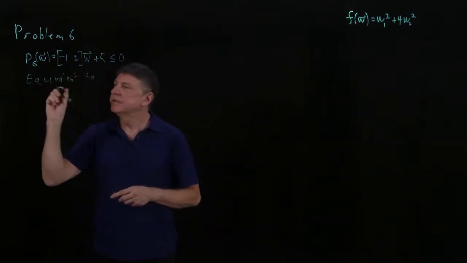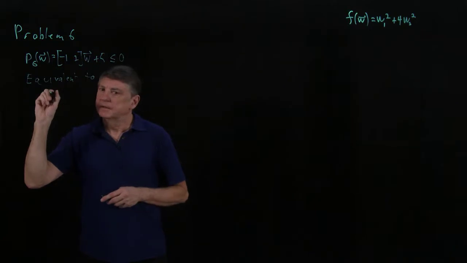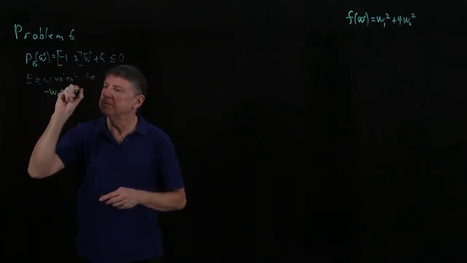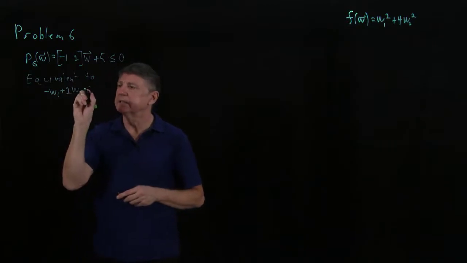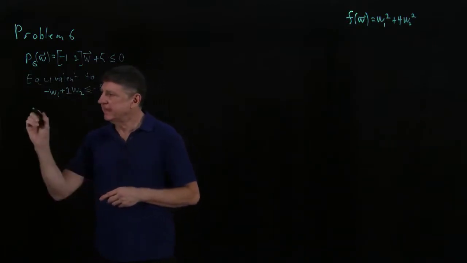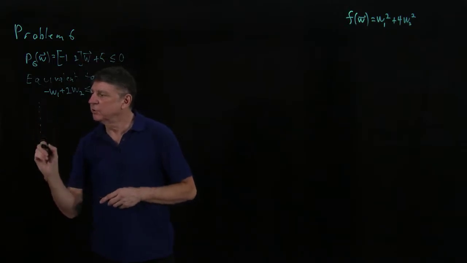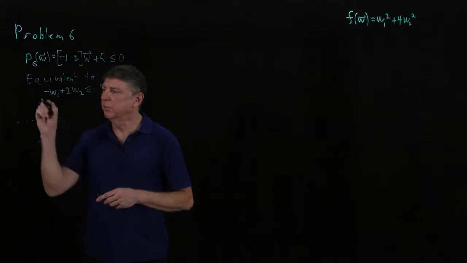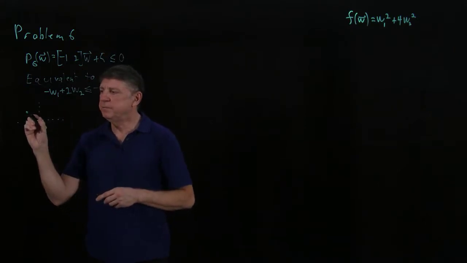That's equivalent to saying that minus W1 plus 2 times W2 is less than or equal to minus 5. And if we were to do some very simple plotting where this is W1 and this is W2, that would be an oblique region